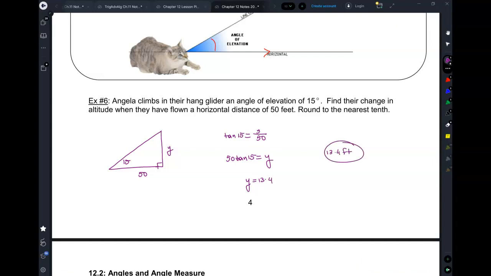Would you plug it in the calculator? Okay, hang on. You really need to raise your hands. Okay. Well, one hand, not two. Okay, so